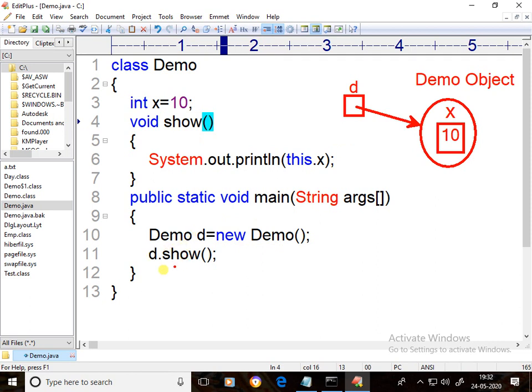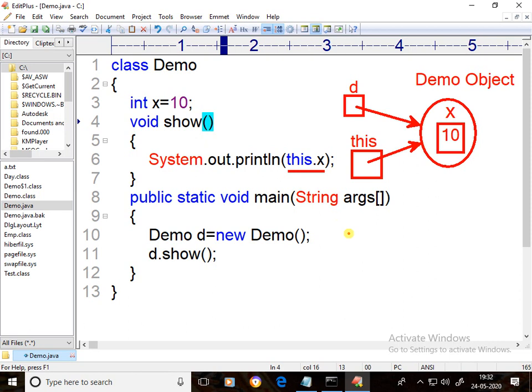d.show, control comes here. System.out.println(this.x). This is also nothing but an object reference. It refers to the current object. In this program, we have only one object. That object only is referred by the this keyword. Like this.x, whether you write it or not, implicitly the this keyword is present.